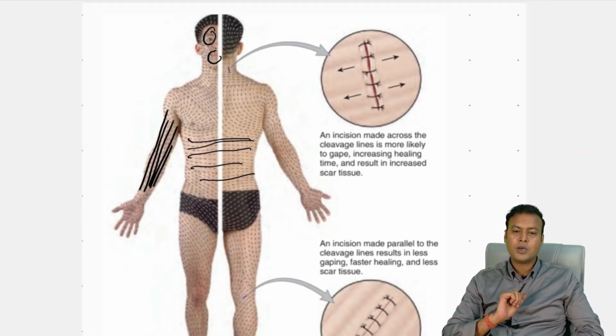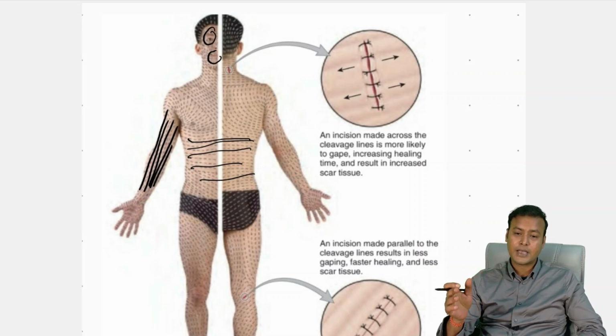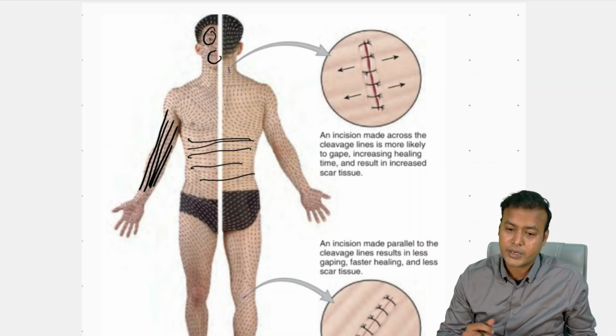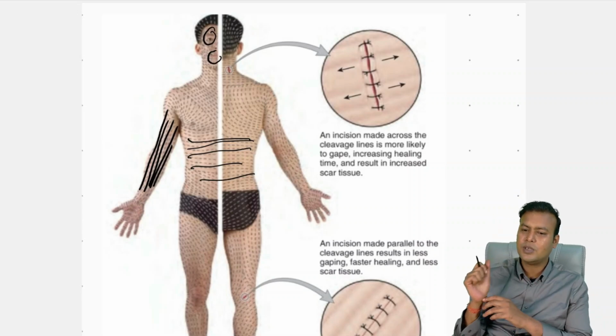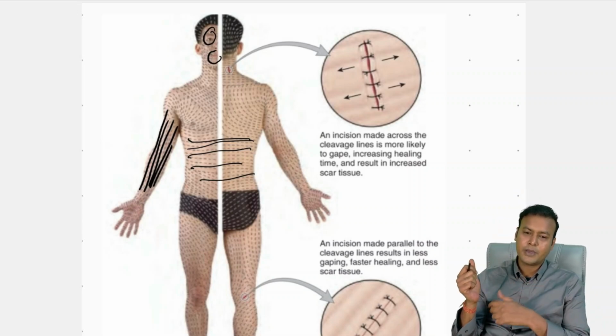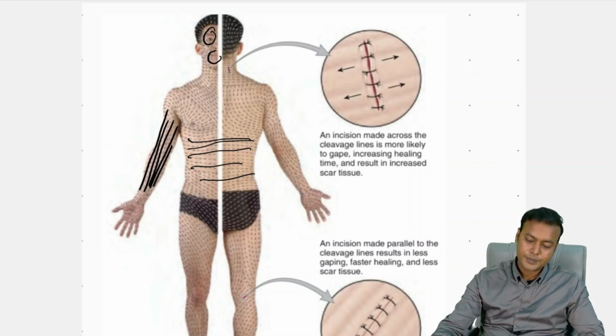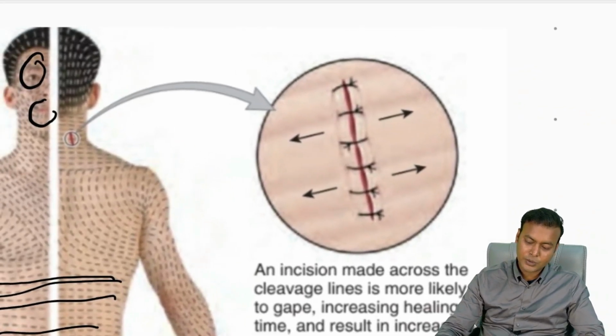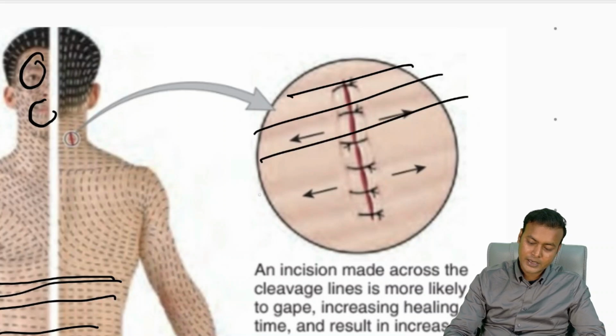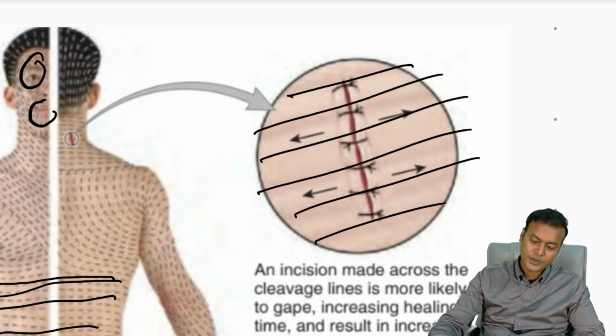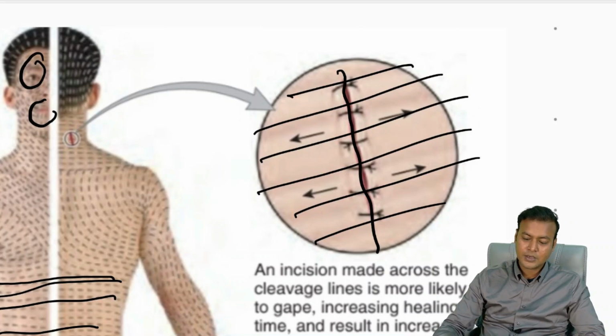So a knowledge of the direction of these tension lines in different parts of the body is very important, because while doing surgery, when you give an incision, this incision should be made parallel to the tension lines. If it is done across the tension lines, then it leads to improper healing or gaping of the wound. So in this image, you can see the tension lines running in this direction. However, the incision has been made completely perpendicular to it, as a result of which this will lead to gaping of the wound